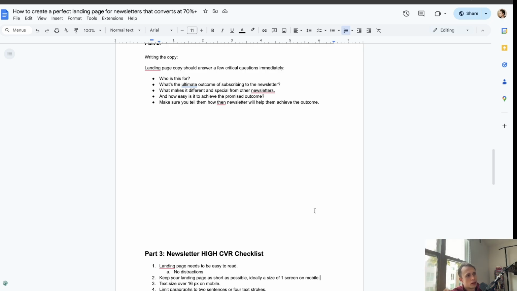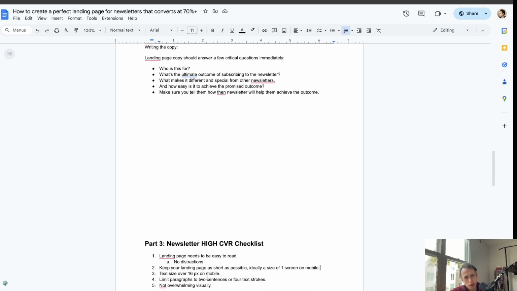Maybe some copyright copy, so they don't steal your copy, at the bottom of the newsletter, or links to terms and policies and all these things, the compliance things, right? But you shouldn't have 10 different pages, maybe 2 pages, but I would just keep to one, or A/B test this. Then text size,